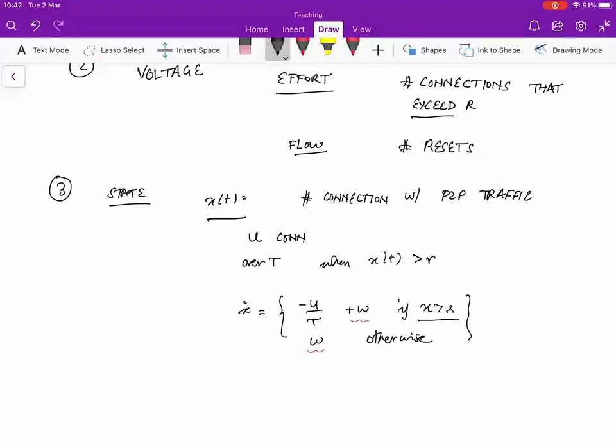With P2P traffic, and then we should say that we need some capacity over here. So it's all a proportion really. So it'll work out, but let's say total capacity is, I don't know, C. Then the fraction is going to be x over C. So then we just basically have to say over here, if x over C is greater than r,